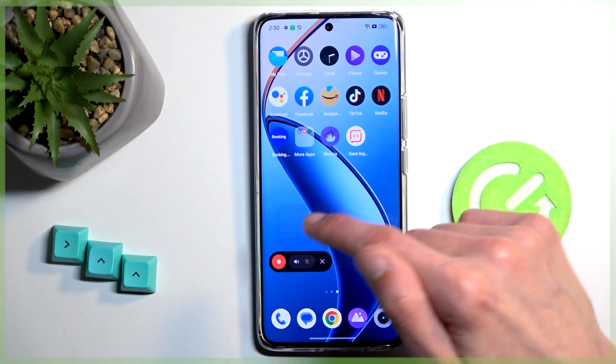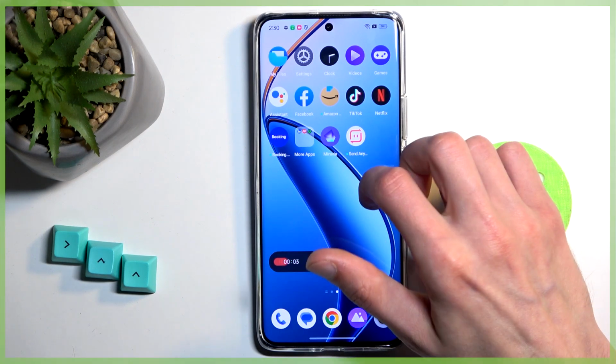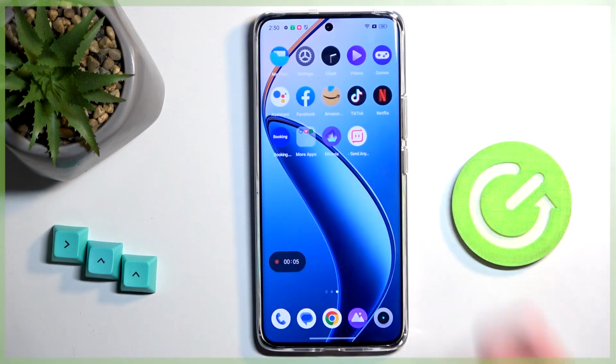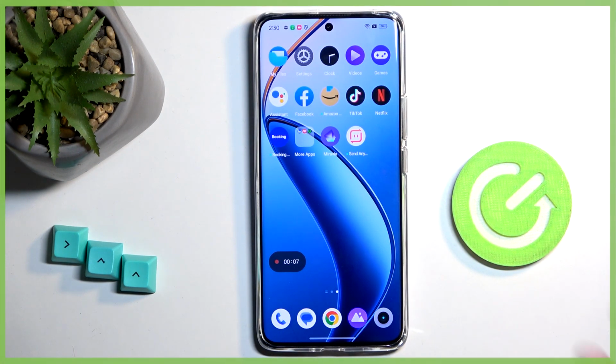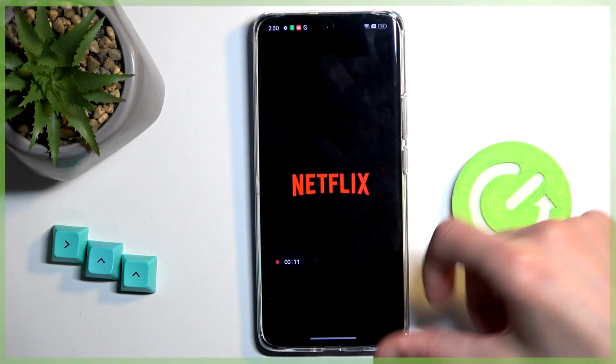So from there, we're just going to click on the record button. There we go. And from here you can open up any kind of application and record whatever you will be doing. Now there is a limitation to it, so there are some applications like Netflix which